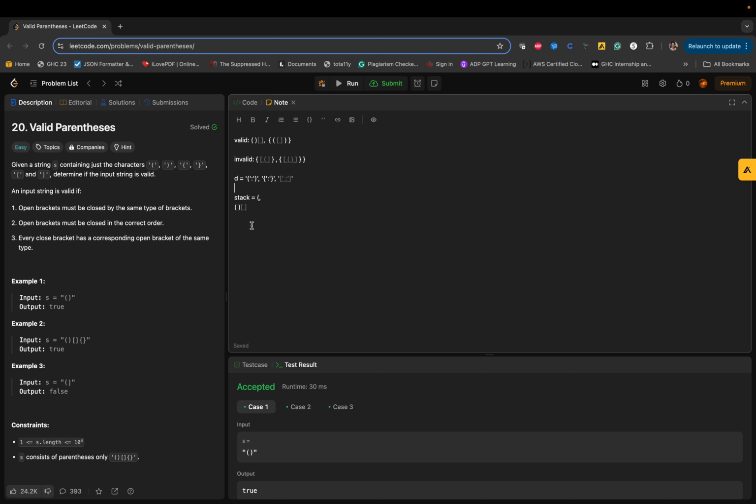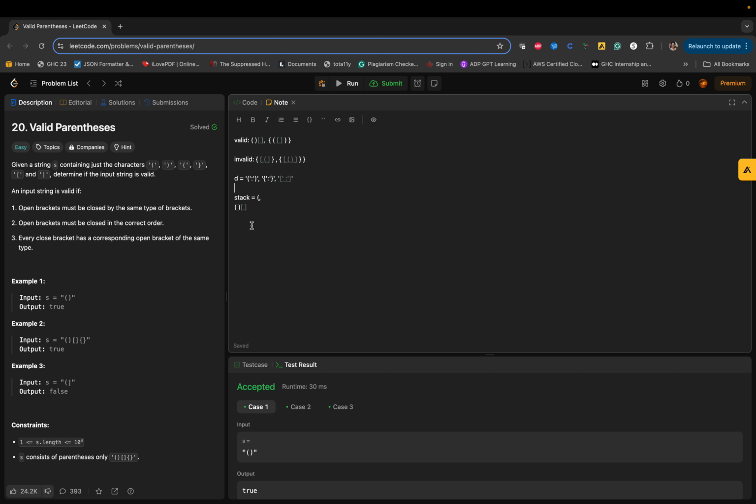As we are traversing through the string, we encounter an open bracket, so we will immediately add it to the stack. Now again we encounter an open parenthesis, and we add it to the stack. Again we have an open parenthesis, we will add it to the stack. Now as we move to the next character in the string, we can see that it is a closing parenthesis, so we will pop out the last element that was added to the stack, that will be this particular one. We will pop that out,